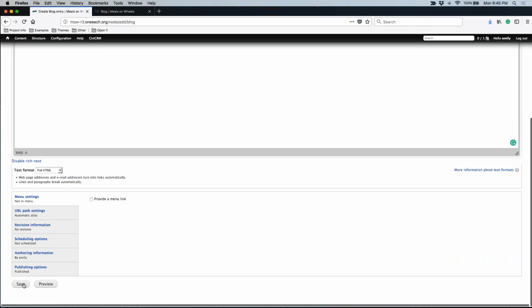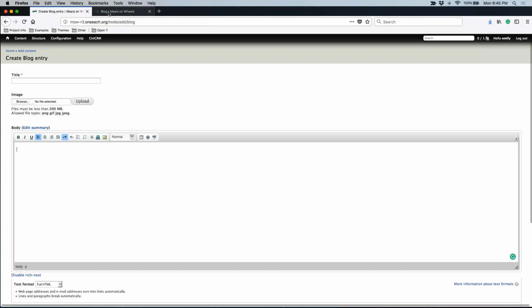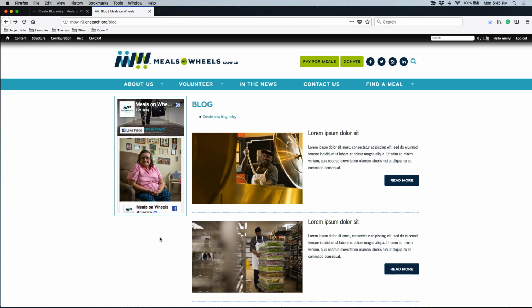Come on down and save your work. And then you'll want to go straight to your blog page and double check that that new blog item appears at the very top of this feed and that it displays correctly. And when you click the read more link, that you are able to read all of the information in that blog. If you have any questions about how to update your blog, or if you need any help or assistance